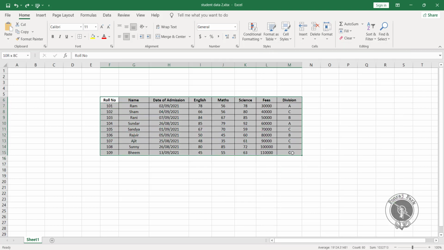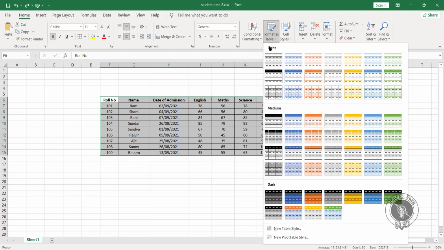First of all, I'll select my table, and then when I click on Format as Table, here I'll see three sections. First is Light. If you want to apply any light color or light formatting, you can use that. If you want to apply some medium formatting, you can use this. And if you want to apply dark formatting, you can use this option over here.